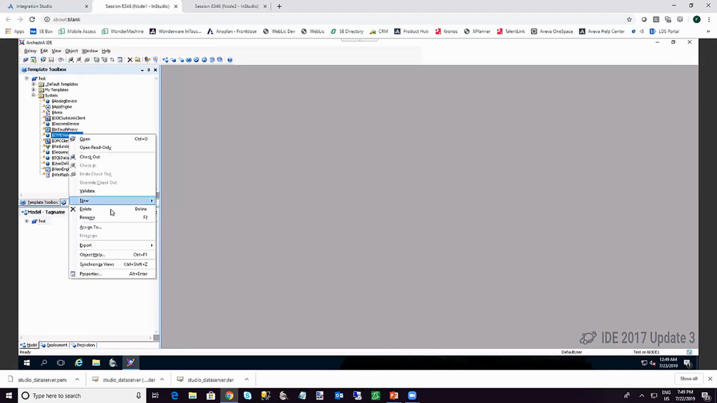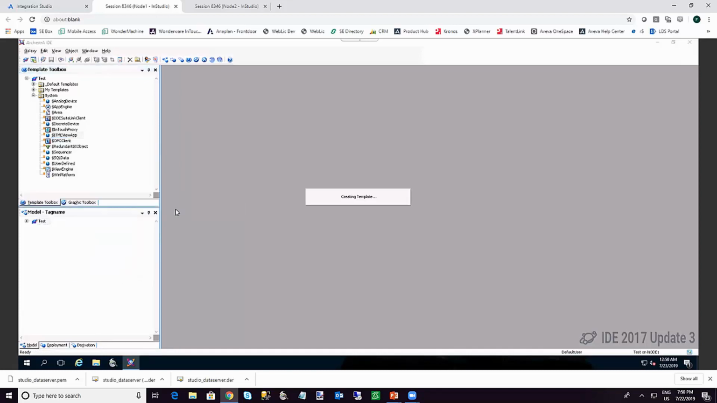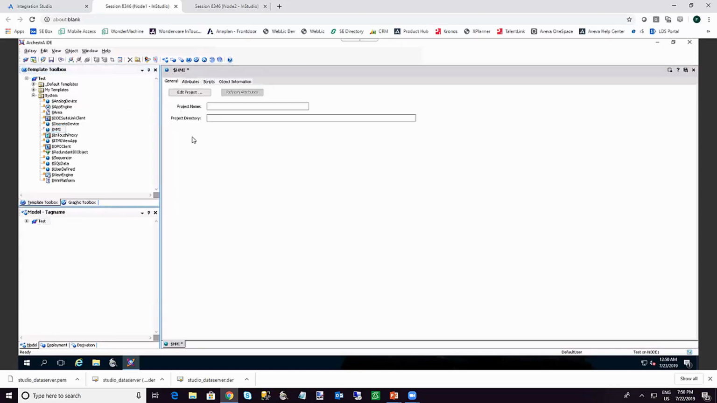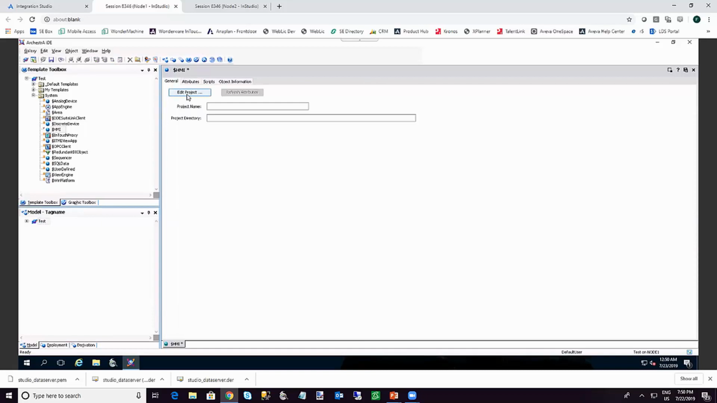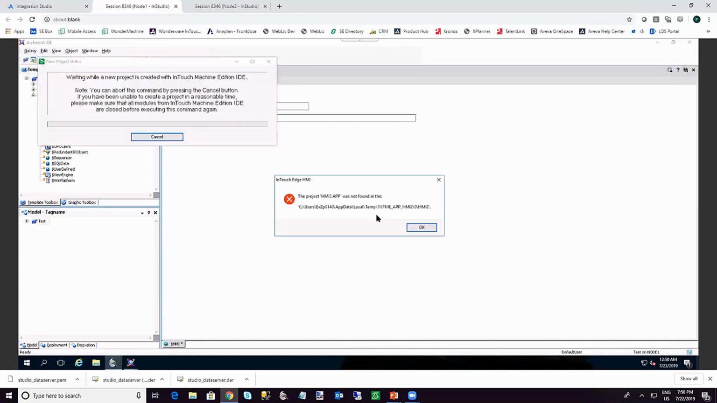Now if I expand System, you see the ITMEViewApp object available in System Platform. As the first step, I'll create a new derived template of this object, and I'll give it a name, for instance, HMI. I double click on this derived template, and you can see in attributes that I obviously do not have any attributes. In General, I can go to Edit Project, and I have the option to either import, open an existing project created in the past, or create a new InTouch Edge HMI project. So I'll select to create a new one,